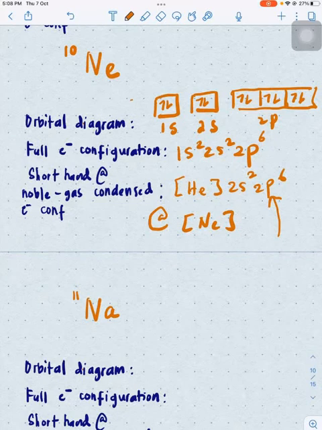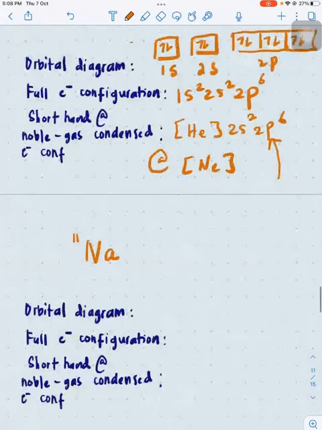Okay. So some books ada, dia buat square bracket neon macam ni, ada. Tetapi some of the books dia akan buat helium 2s2, 2p6 for the condensed electron configuration. And as I said, I would prefer you to use the first one sebab it's easier for you sebenarnya nanti. Okay, so now